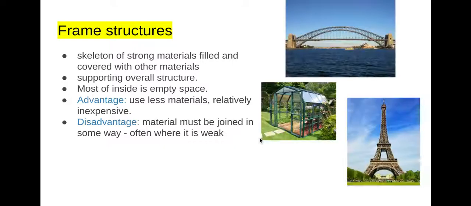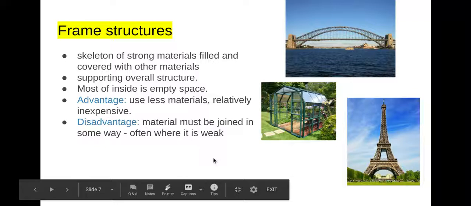examples of solid structures. Frame structures are skeletons of strong materials. So they can be filled or they can be covered with other materials, but the frame is what supports the overall structure. Most of the inside should be an empty space. The advantages are it uses less material and it's relatively inexpensive. A disadvantage is that if the material is joined and they have joints, it often can be where the weaknesses occur. So you can see we have a suspension bridge, a greenhouse, and the Eiffel Tower as examples of frame